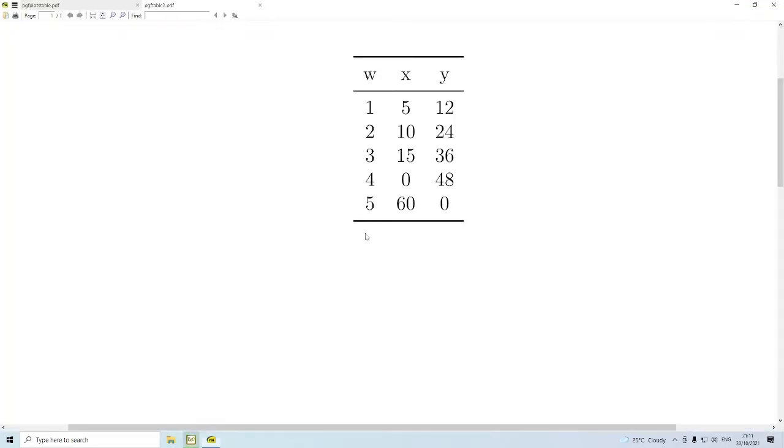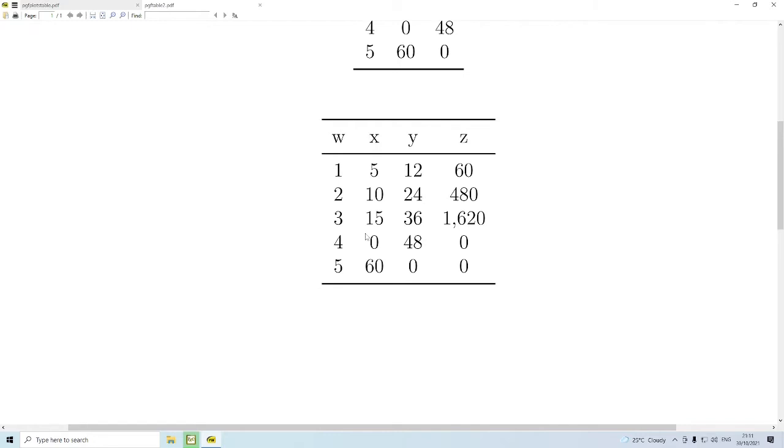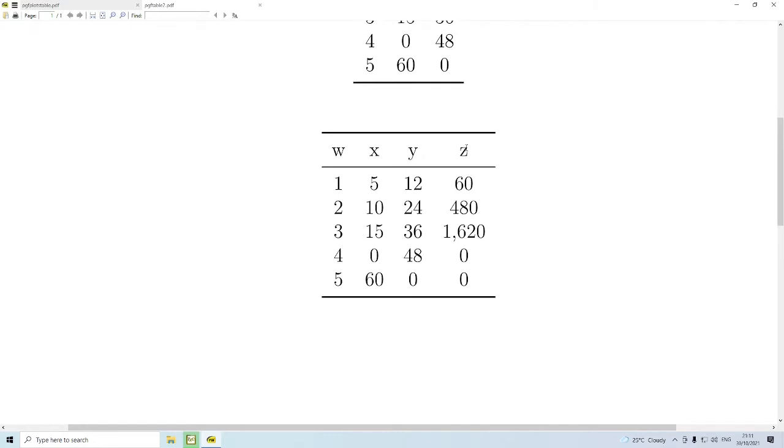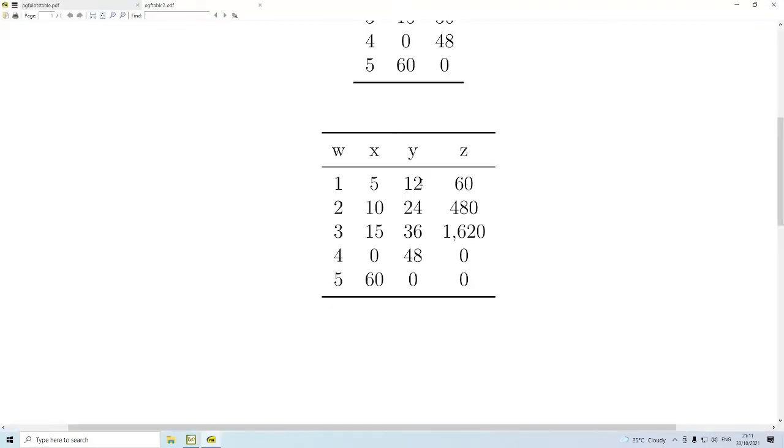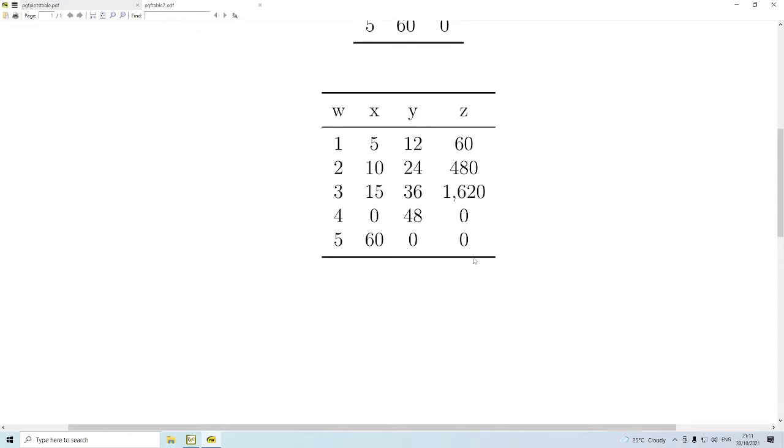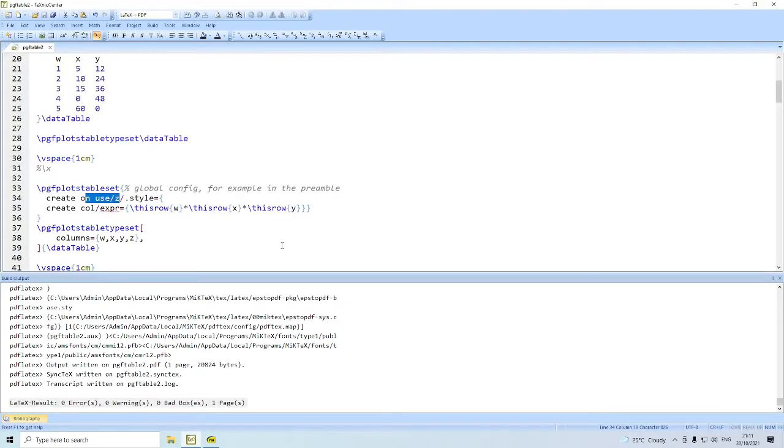On compilation, you will find a second table like this. You can create a new column Z as mentioned here, and Z is defined to be the product of the values in the columns W, X and Y, as you can find in the output correctly.